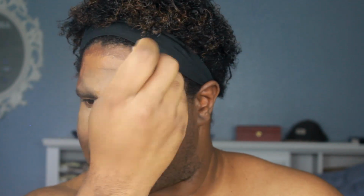I'm using today the NARS Natural Radiant Longwear Foundation. I put a little bit on the back of my hand. This is going to be for my forehead. And now I'm just going to start dotting that. I'm using a brush for this specifically because it really blends it very well and lightly, which is what